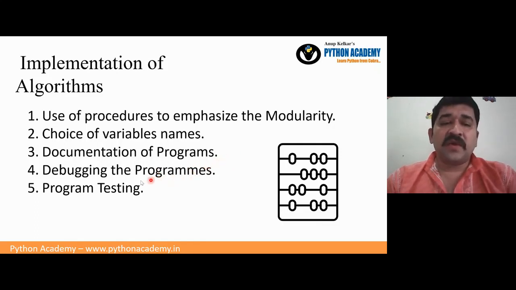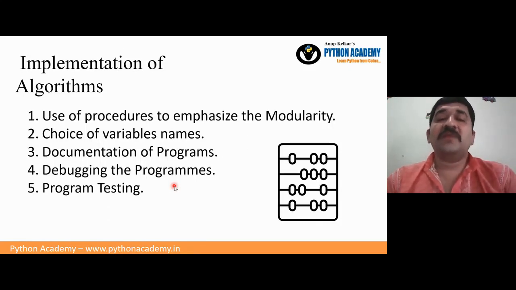Once you write the program, you have to start with debugging the program, and that is an important step, because once you write it and it runs for one value, that is fine, but for some other different aspect it may not run, and you should think of all kinds of aspects when you write the program.